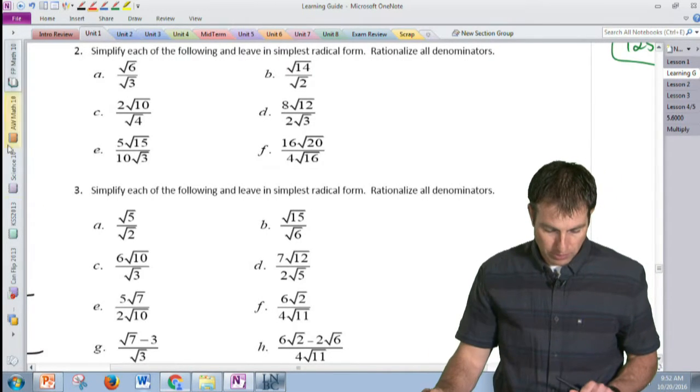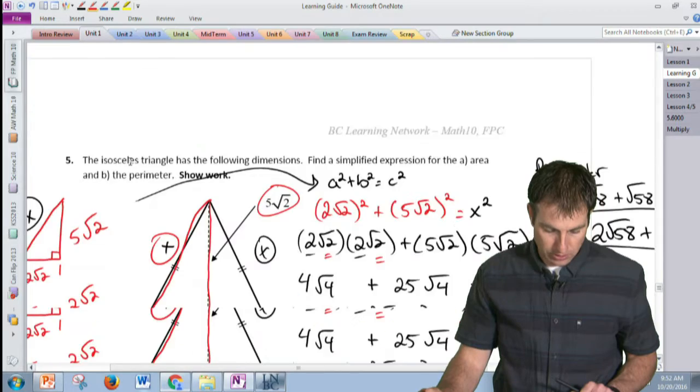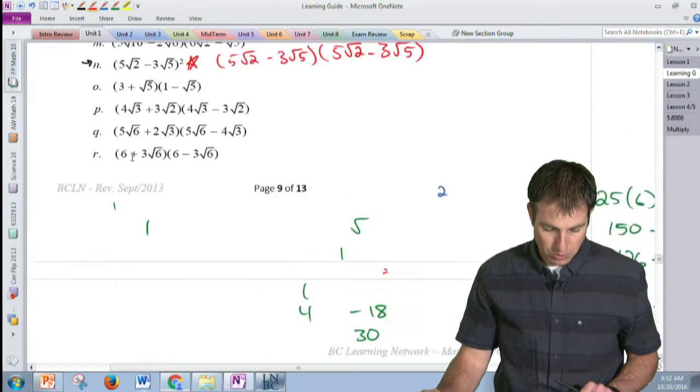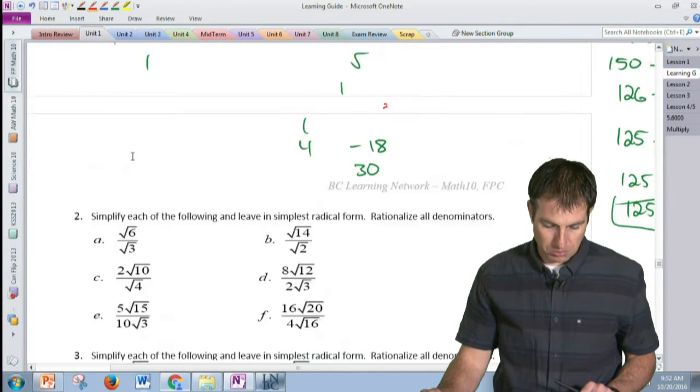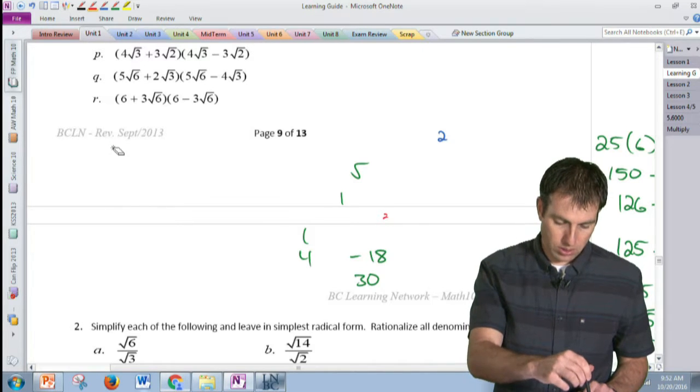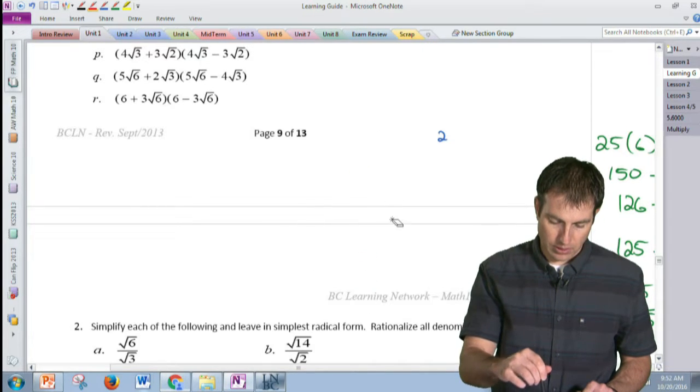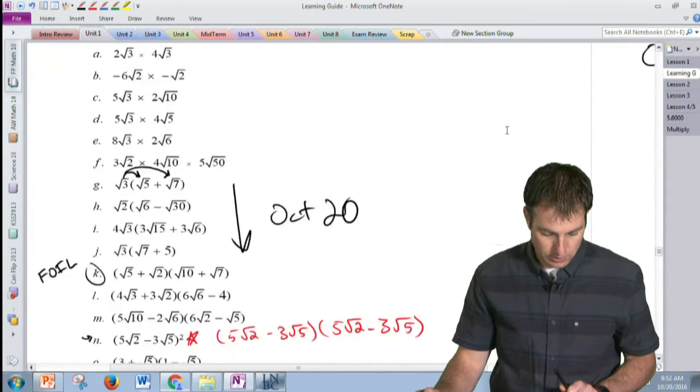All right, so what we have left here is the division, then there's a couple word problems. So maybe let's look at a few division type problems, and then the other question I wanted to look at was